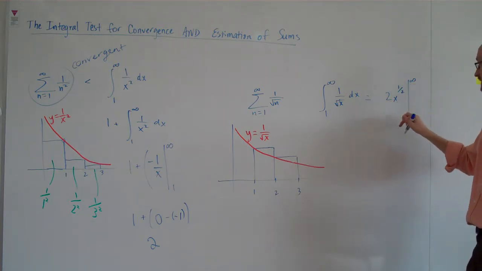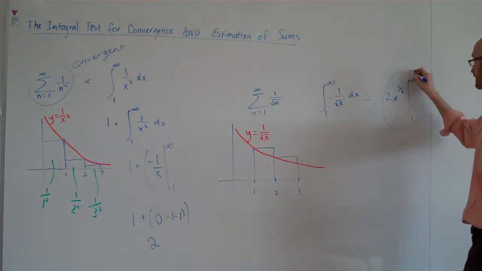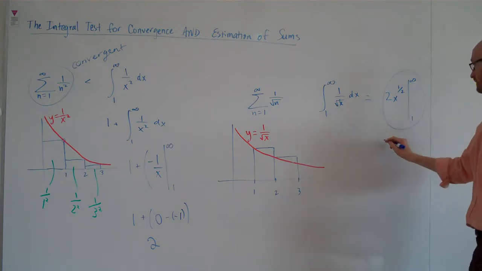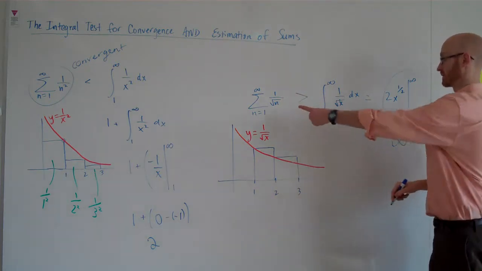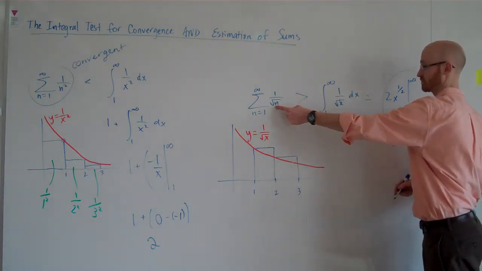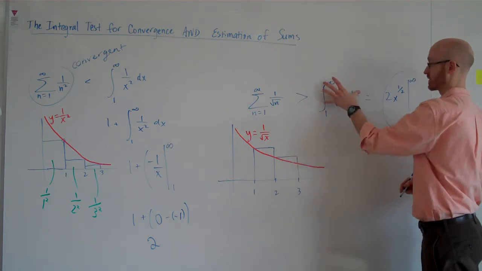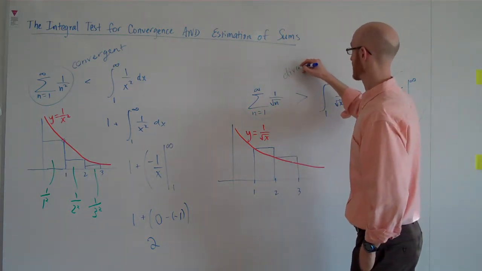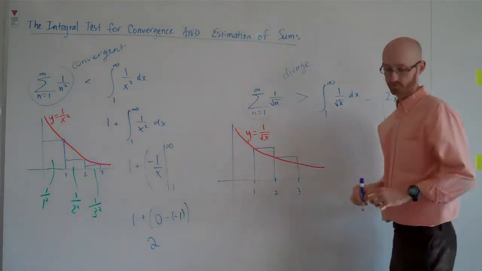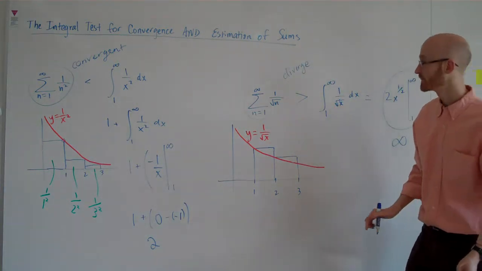But that whole integral will be too big, right? It's going to infinity. And if this sum of these areas of rectangles is larger than our integral, then that tells me that this thing must diverge. Okay, so